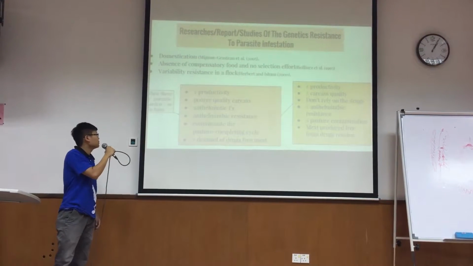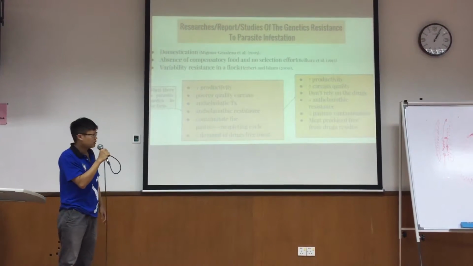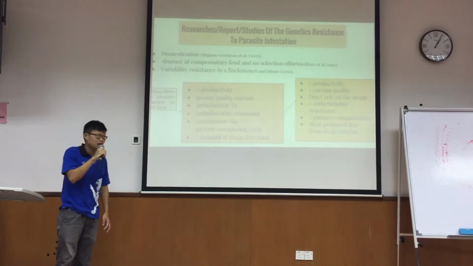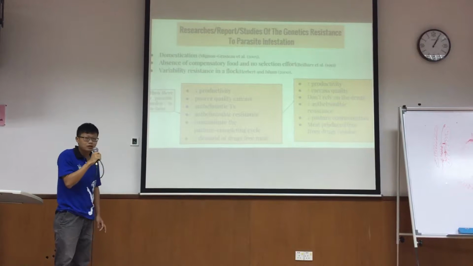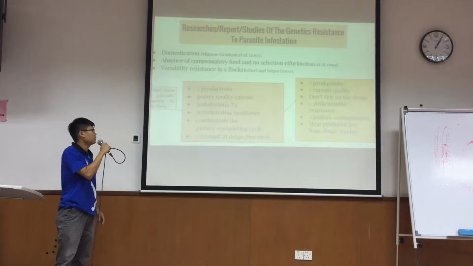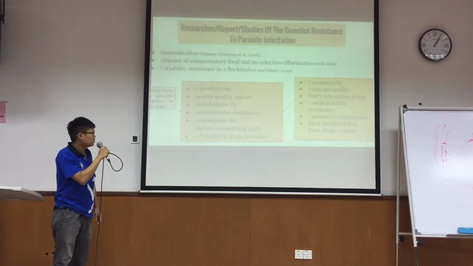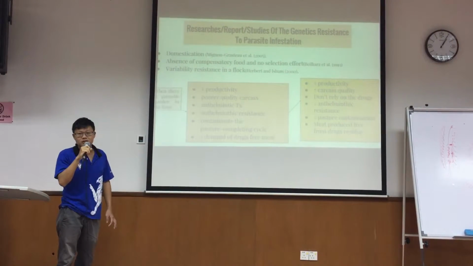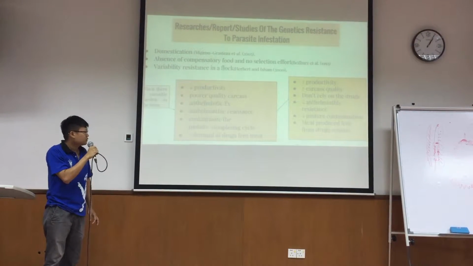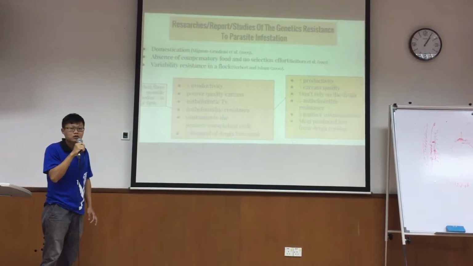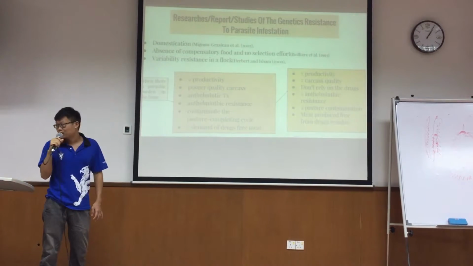And when there is a parasitic burden on the farm, production decreases, there will be poorer carcass quality, and you need more anti-helminth treatment, and this will incur more cost. And then more anti-helminth treatment will cause more drug resistance in these worms, and they will contaminate the pasture, completing the cycle with susceptible animals. And the demand for drug-free meat from the consumer cannot be achieved, because we tend to use a lot of anti-helminth treatment. Next.